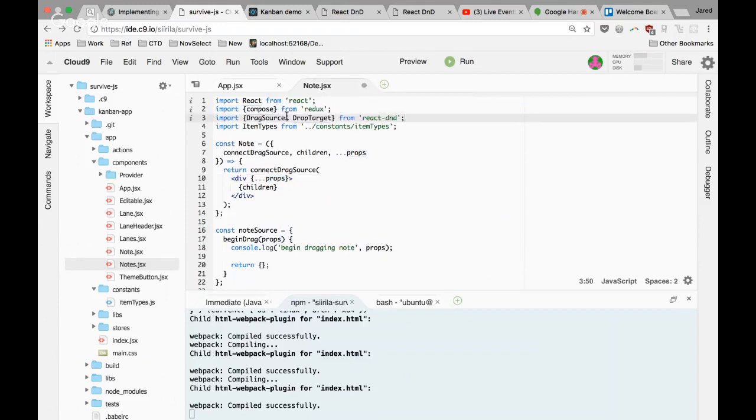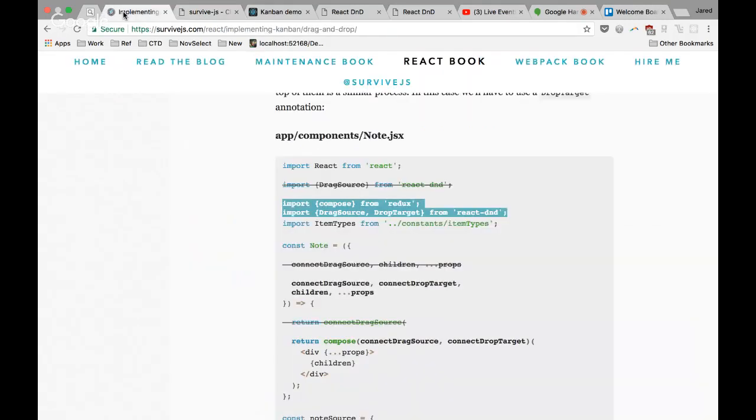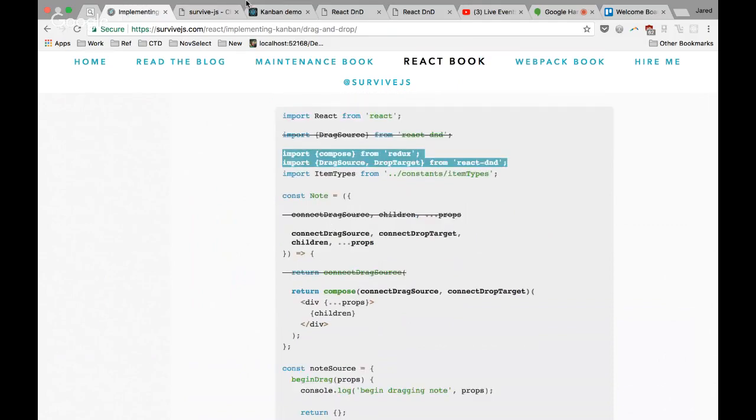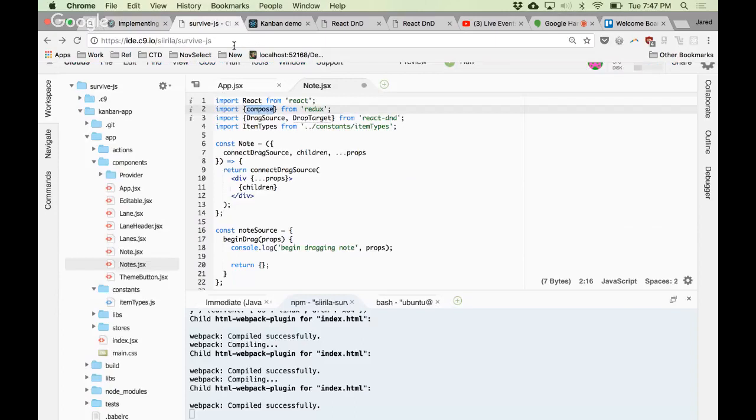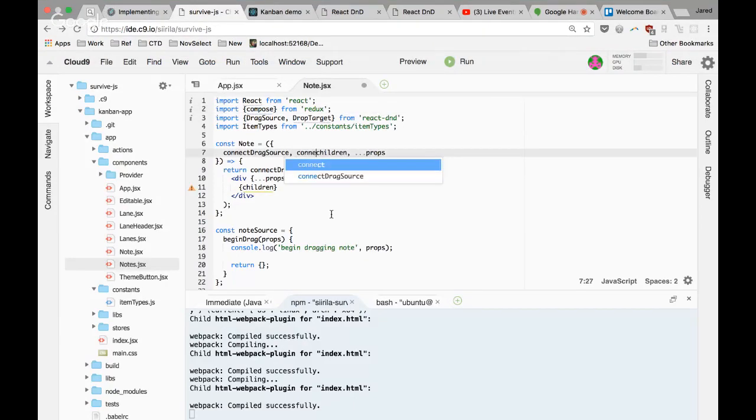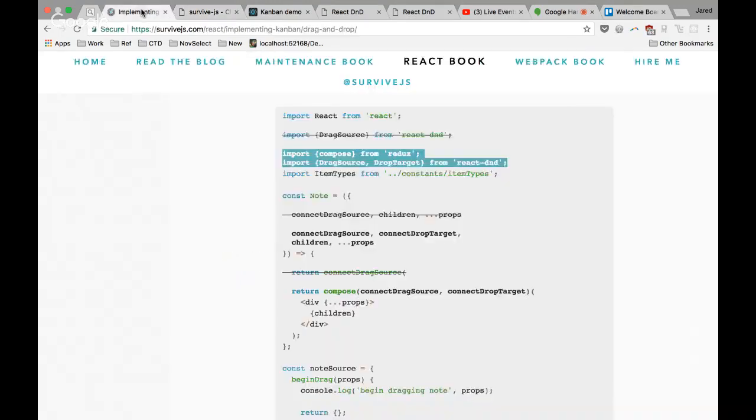So now instead of just having our drag source, we're adding the drop target that we want to get from here. And because we're going to wrap it multiple times the same way that we were doing at that root level, we're going to use this compose to make it a little easier to read, instead of having to sort of nest them in the more complex fashion. And then, of course, we need to add in this connect drop target on our properties. We want to pull that off. We're going to want to wrap it around